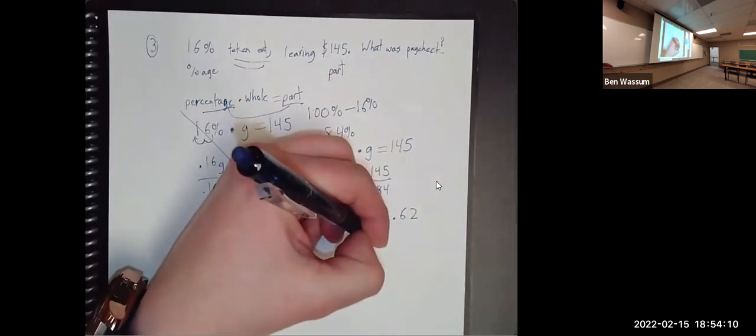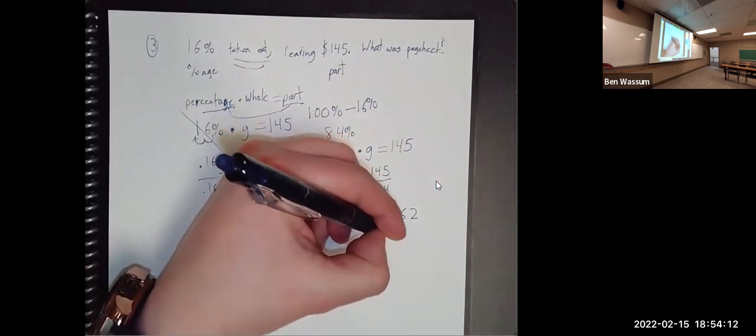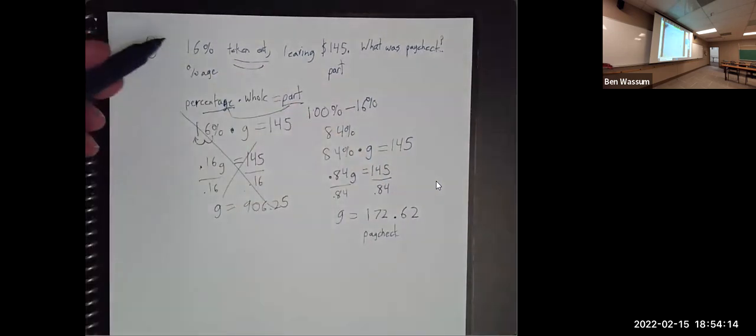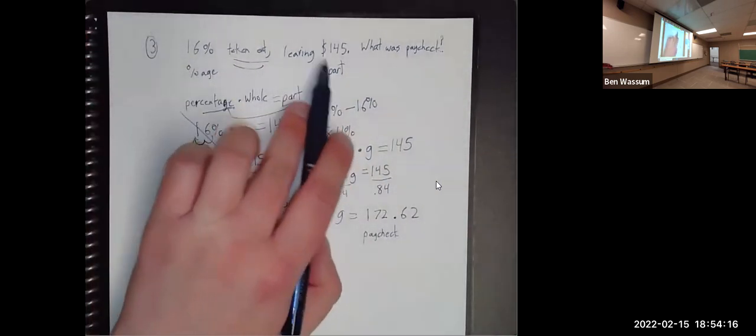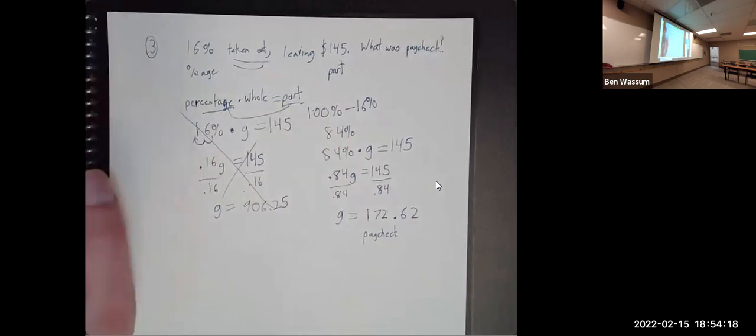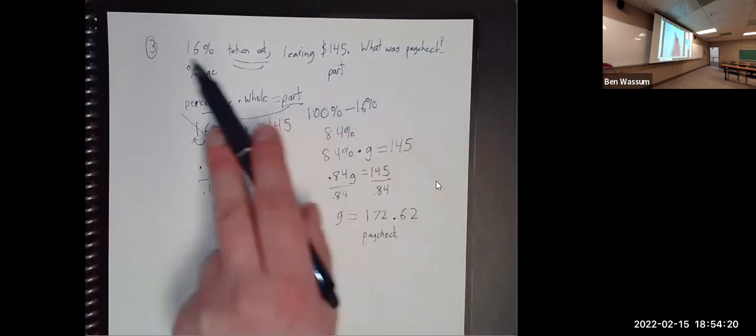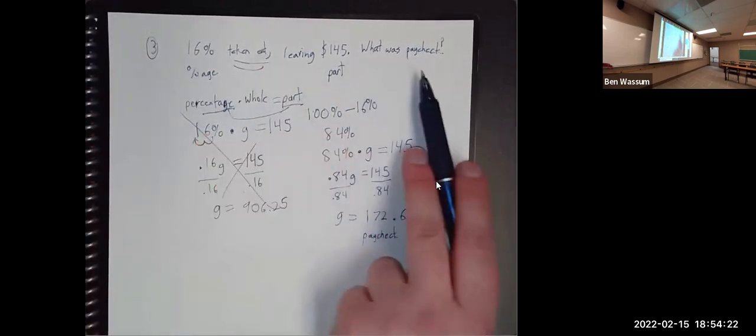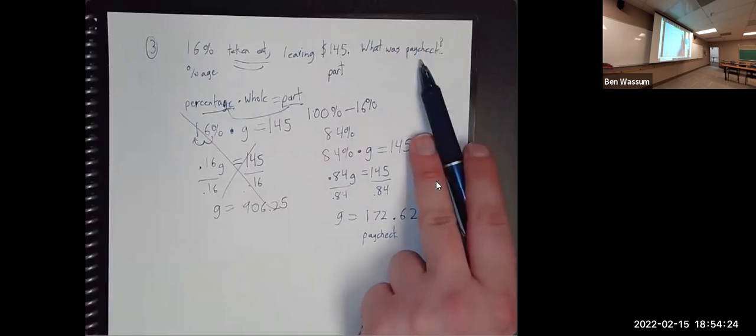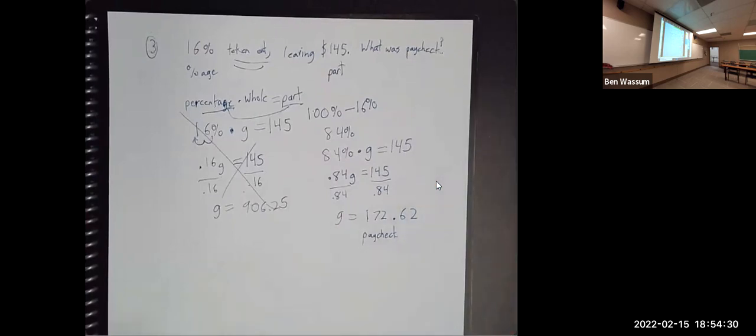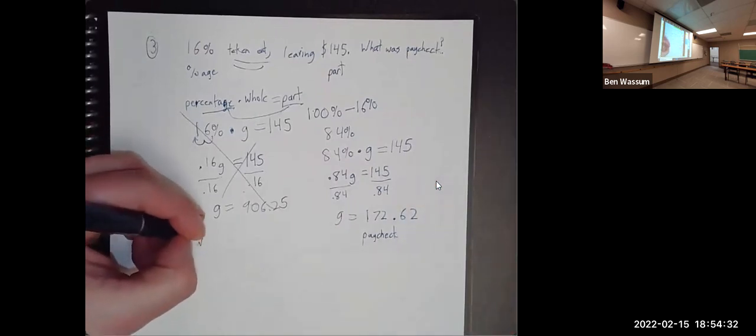Okay. See, my problem was, I was looking at that 16% and I was saying, oh, that correlates to one of these numbers. It doesn't. It correlates to something we don't know. It's 16% of what? I don't know. Whatever our paycheck was. Now we could figure that out. We could figure out what was that 16%